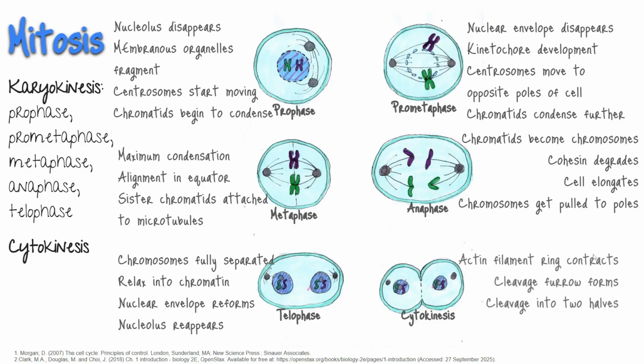Cytokinesis. In animal cells, cytokinesis typically starts during late anaphase. A contractile ring composed of actin filaments forms just inside the plasma membrane at the former metaphase plate. The actin filaments pull the equator of a cell inward, forming a fissure. The fissure is called the cleavage furrow. The furrow deepens as the actin ring contracts, and eventually the membrane is cleaved into two. So that's how from one cell you get two.